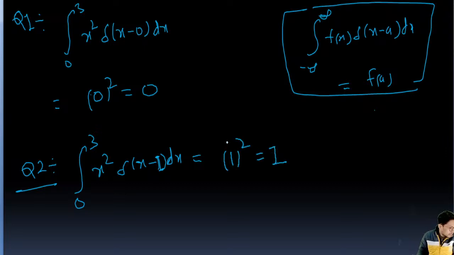Okay, this is 1. Okay guys, using this property, very important property, integral minus infinity to plus infinity of f(x) delta(x minus a), a must be between minus infinity to plus infinity. Okay, so this is going to be f(a). So similarly here x, and we'll put 1, a is 1 here, so this is the function x square, 1 whole square equal to 1. Very simple. Next question, question number 3. Very simple questions based on the formulas or properties of the Dirac delta function, which I have already explained. Okay, next